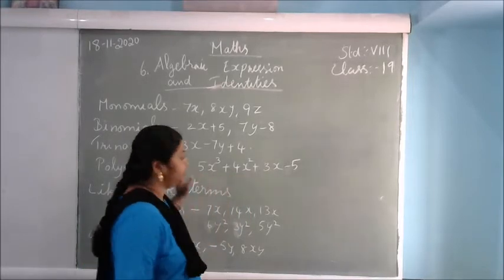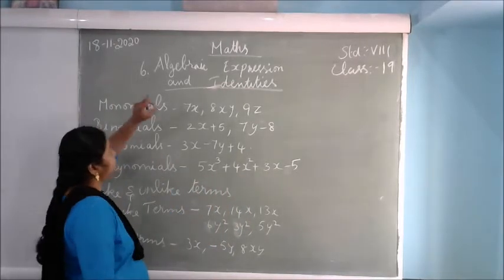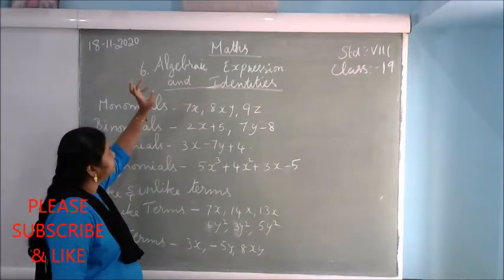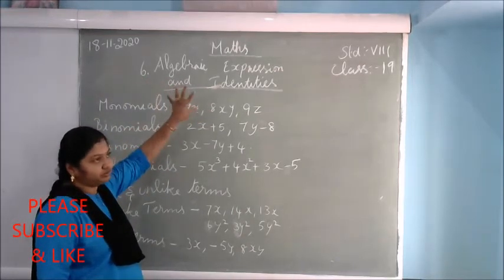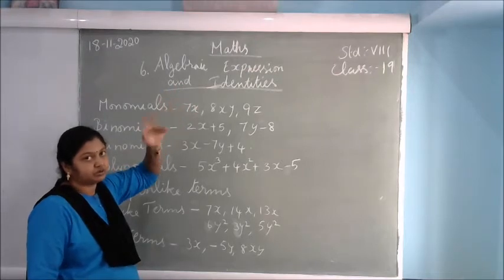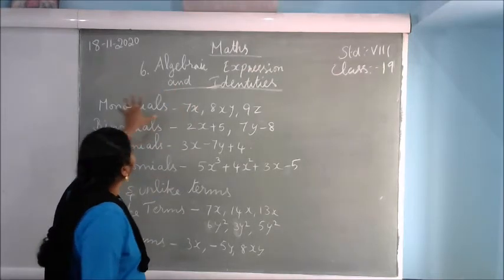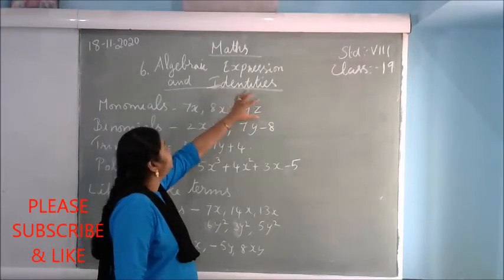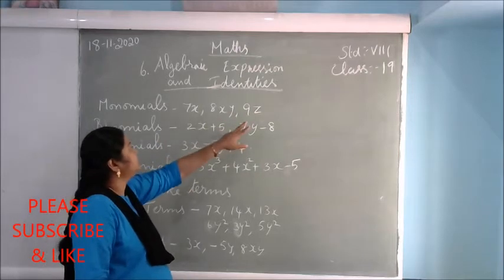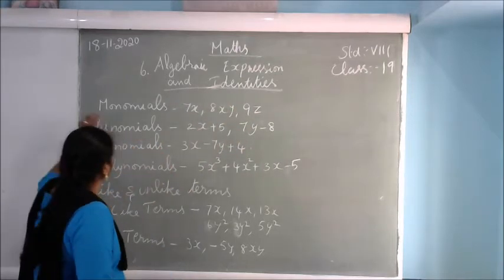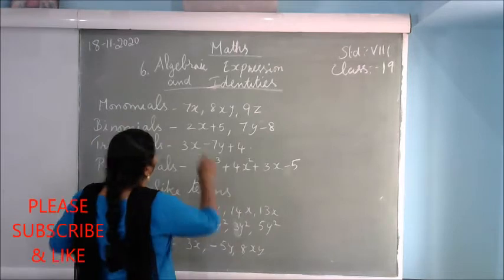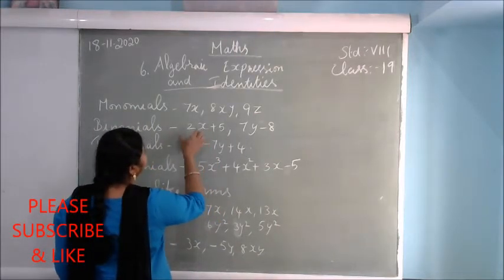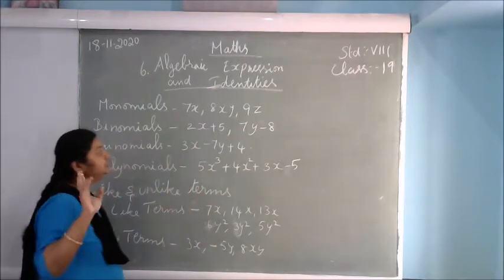Now in the expression we will see the monomial. What is the monomial? Only one term. I taught you what are the terms. With the constant and the variable together, the product of the constant and variable is called the term. So monomial means only one term. 7x, 8xy. These have only one term. One number and variables are there. These are called the monomial. And binomial. What are the binomials? 2x plus y. Two terms will come. Here this one is one term and this one is one term. If this equation is coming, it's a binomial.